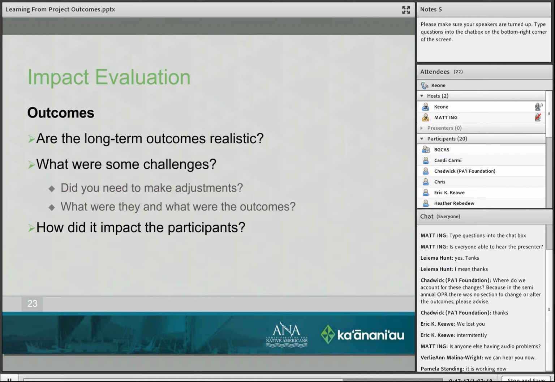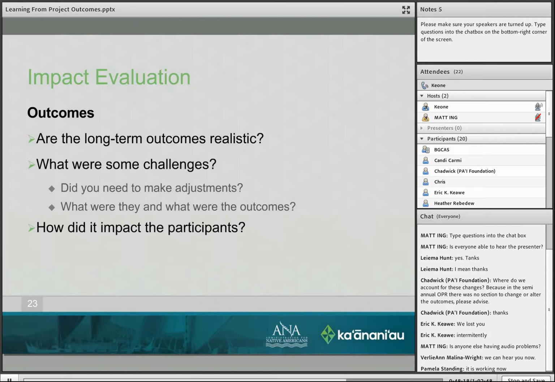The outcomes. Are the long-term outcomes realistic? Sometimes you really don't know whether your long-term outcomes are realistic until the end of the project, because then you can evaluate whether you have successfully come to terms with your short-term outcomes, and you can be a little more realistic with your long-term outcomes.